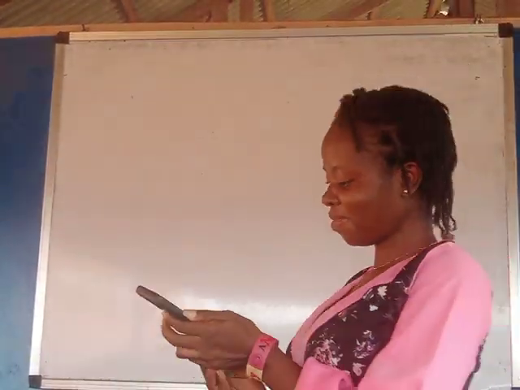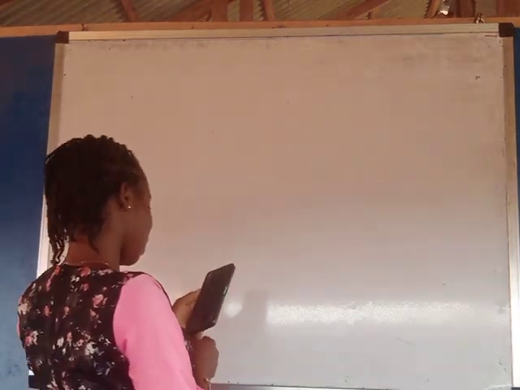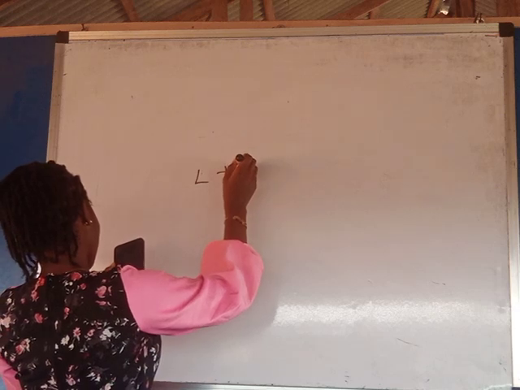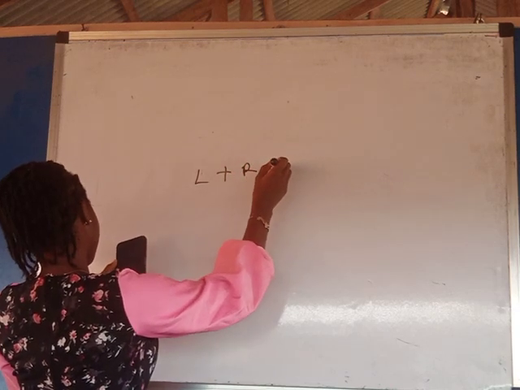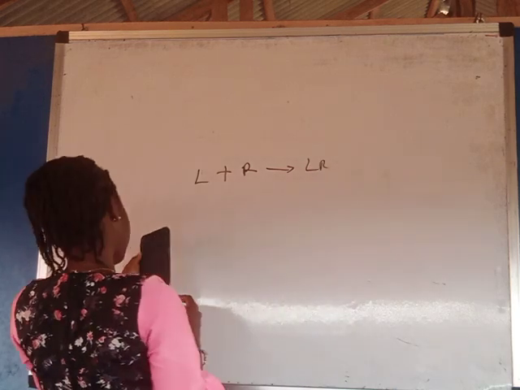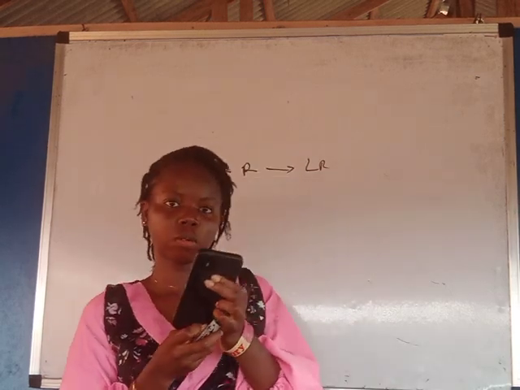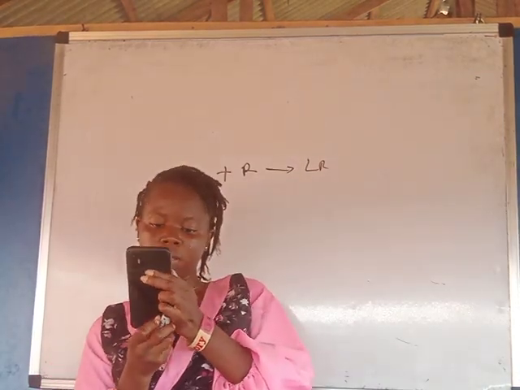The principle is that the interaction between a ligand and a receptor to form a ligand-receptor complex is described by the reversible reaction L plus R, where L is the free ligand concentration, R is the free receptor concentration, and